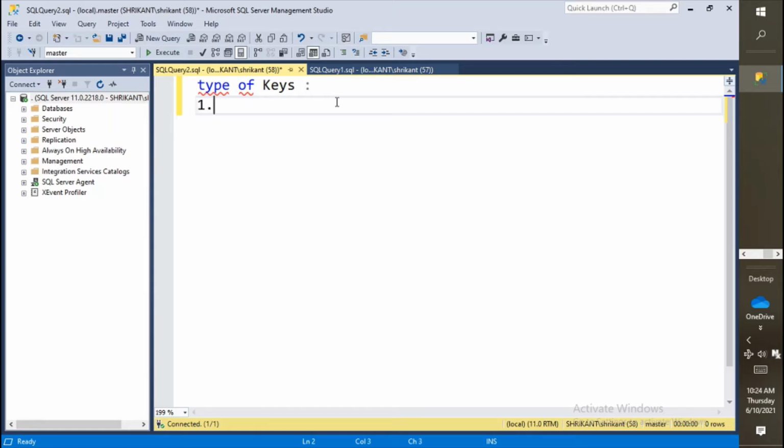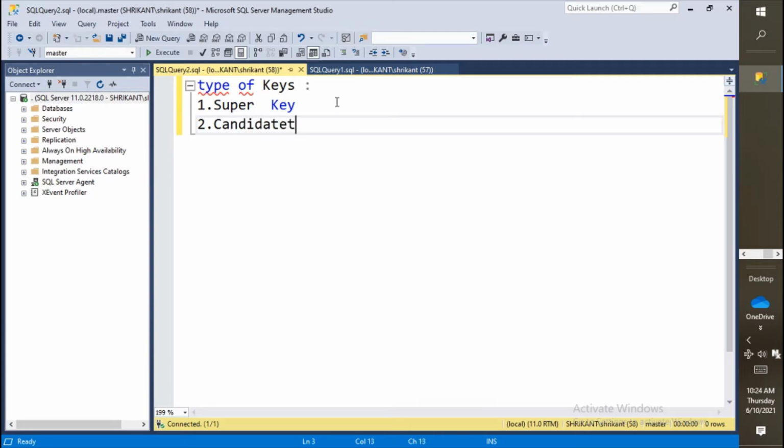First we are going to talk about the super key, then we will talk about the candidate key, then the next type is the primary key.